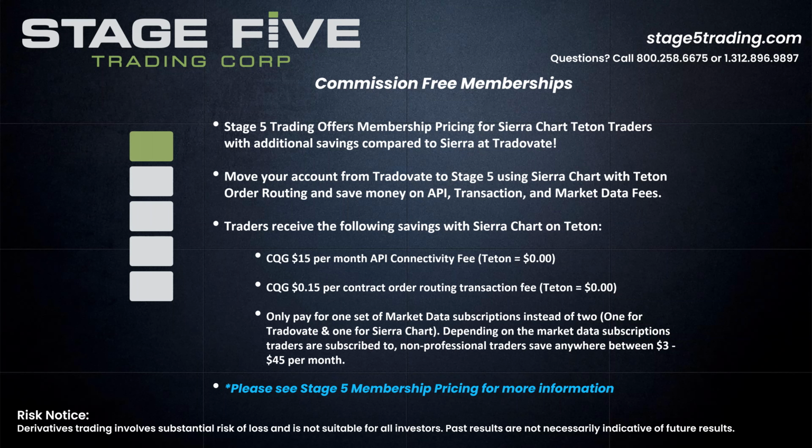So if you're a trader who's using the full depth of market bundle with Tradovate and you use your Sierra Chart and CQG connection, you're going to end up paying an additional $15 per month for the API connection and $45 a month for the market data. This is excluding any trading that you're doing through Sierra, which would be the 15 cents, but you're saving $60